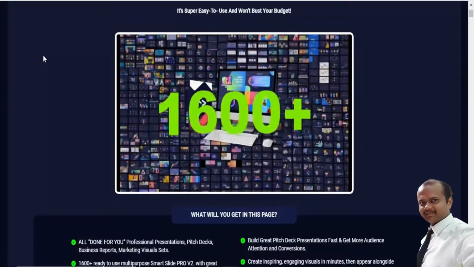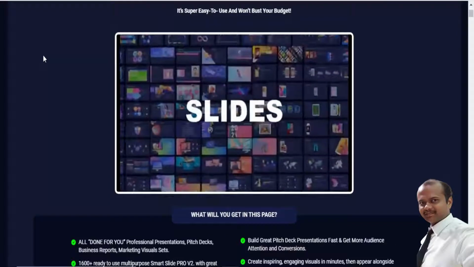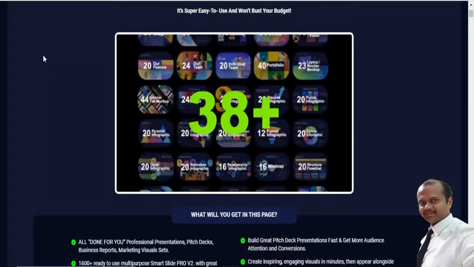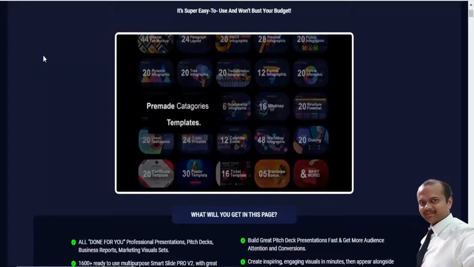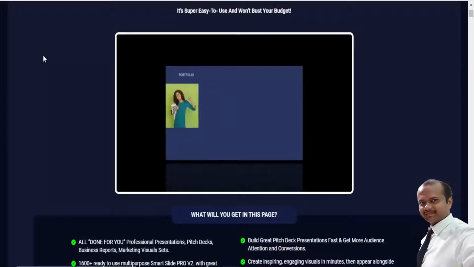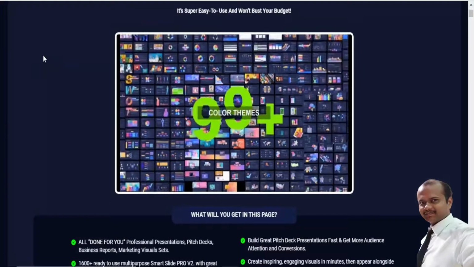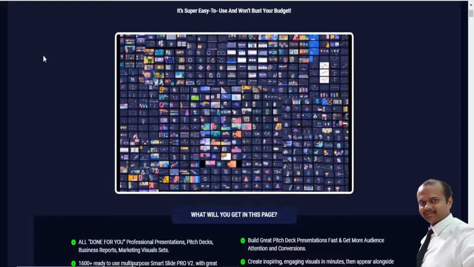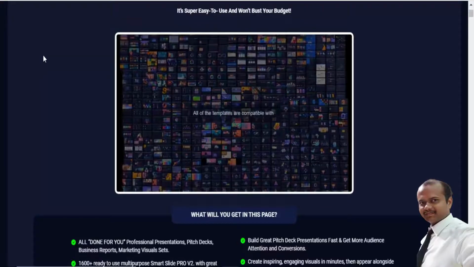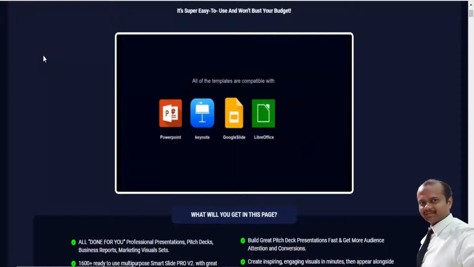It comes with 1600 plus ready-to-use multi-purpose professional slides with 38 plus pre-made category templates, creative layouts, infographics, photo galleries, subtle effects, numerous color choices, and multiple visual options. All of the templates are compatible with PowerPoint, Keynote, Google Slides, LibreOffice, and WPS Office.